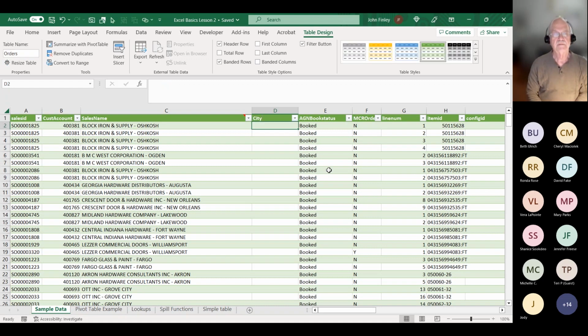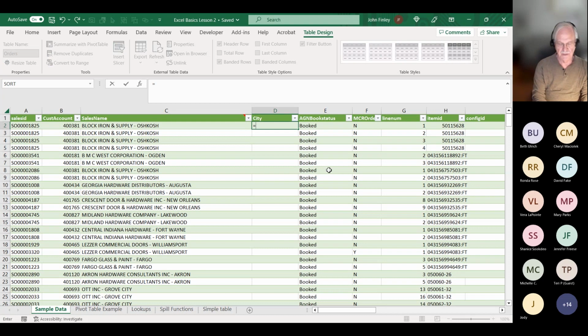Okay. Because if you look here, I have block iron and supply dash Oshkosh. So if you remember, if you were with us last week, we did some text math in our formulas. So what we want to do is we want to find the first character after the dash to the end of that text. So if I say equals, and we're going to use MID, which gives you the middle of a text